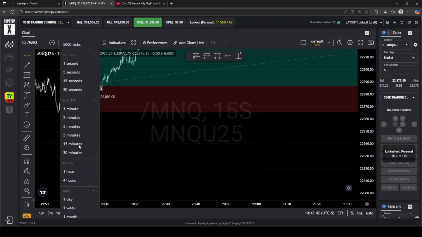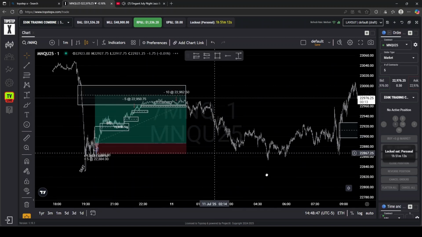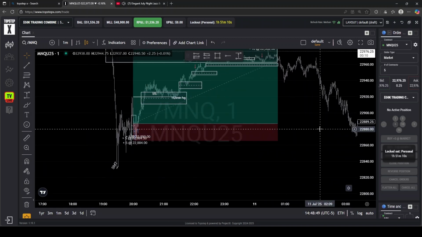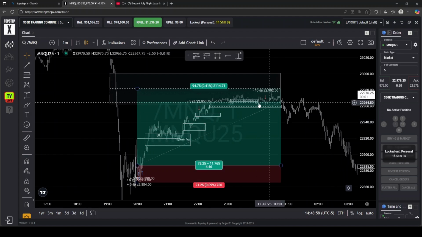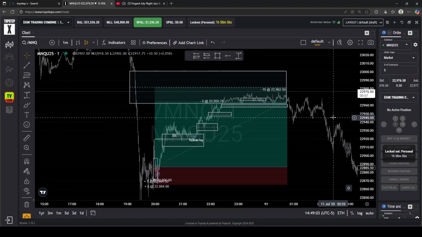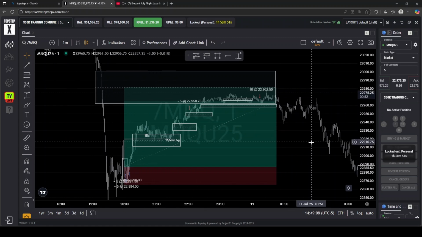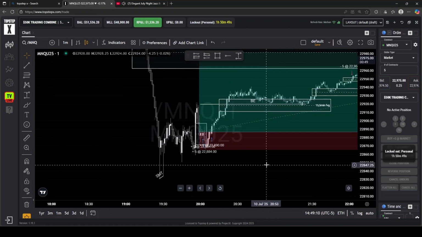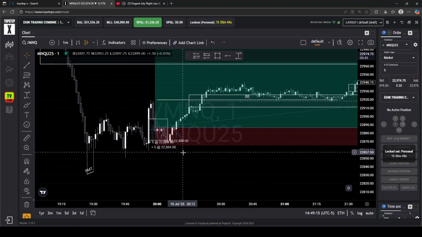Actually, funny story, guys. Whenever I entered this trade, I was first looking at the NQ chart, and you see here on the right it shows which market it lets me enter. Whenever I switched over to MNQ, this actually stayed on Nasdaq NQ, which is minis. And instead of entering 5 micros, I entered 5 minis, which is freaking crazy. I entered 5 minis right around here, and you saw the market dumped right after that.